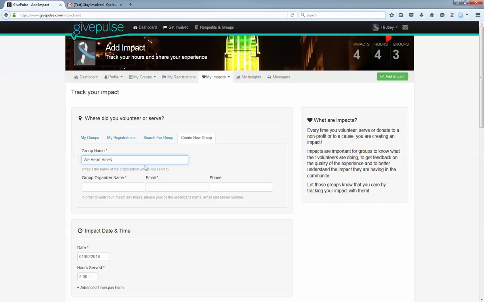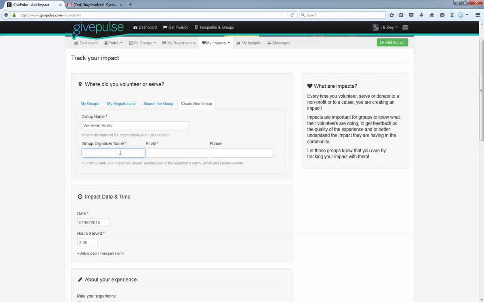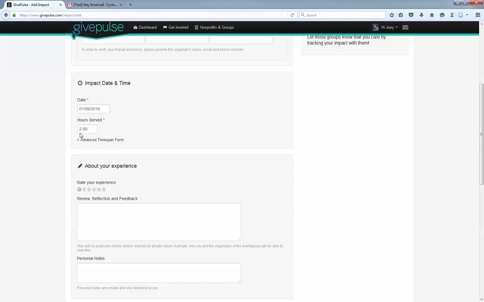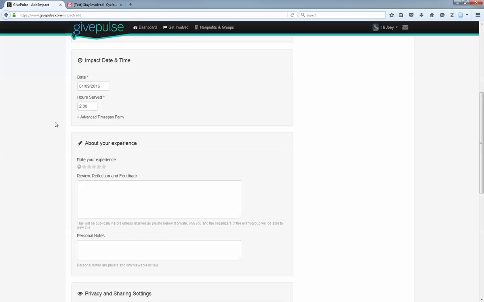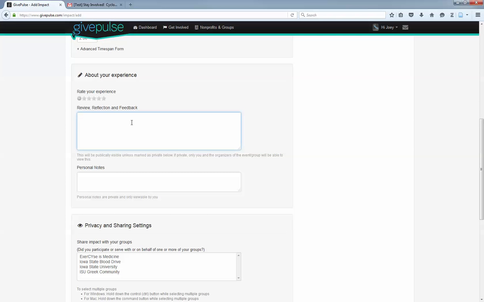That's an event I volunteer for through my church. Provide a group organizer, a name and email for someone to confirm that you did volunteer at this event, and you're going to have to set the date and the time you served. And here it's going to be important to provide a review and reflection of the event, because you're going to want the person who's getting an email to confirm that you volunteered here to know what's happening, and that will help them. So I would put that I helped wash people's cars